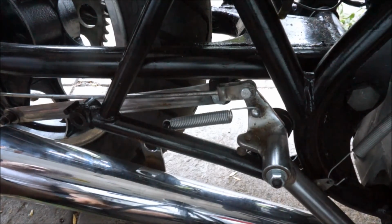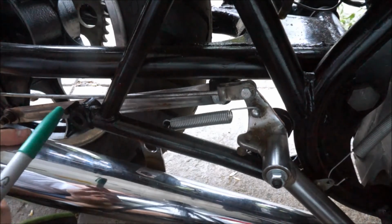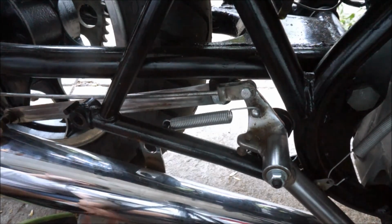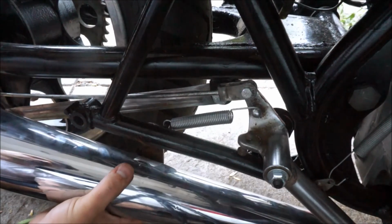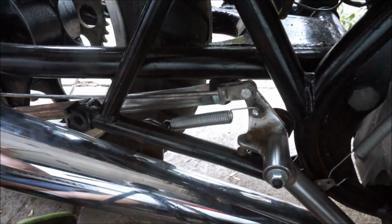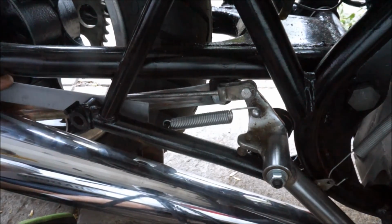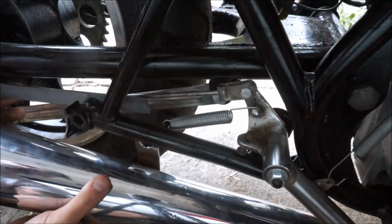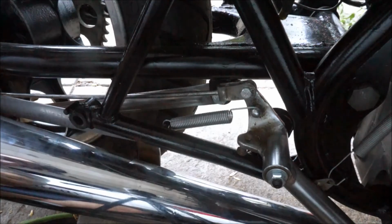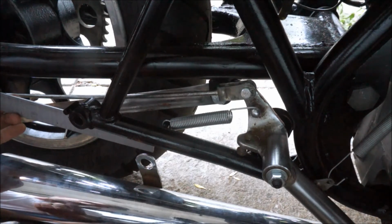Alright, let's make an exhaust bracket. What I'm gonna do is I'm gonna take the bracket coming off of the exhaust and mount it up to this guy over here, which is the rear foot peg. I'm just gonna mount it on the back there. So, just gotta get it as evened up and as straight on as I can, and then I got a piece of steel from the hardware store, and basically I'm just going to mark the distance between two of them, and that'll be my bracket pretty much. So it doesn't have to be exact. If it's a little long, hey, that's fine, I can just trim it, but I think that's about where I want it, so